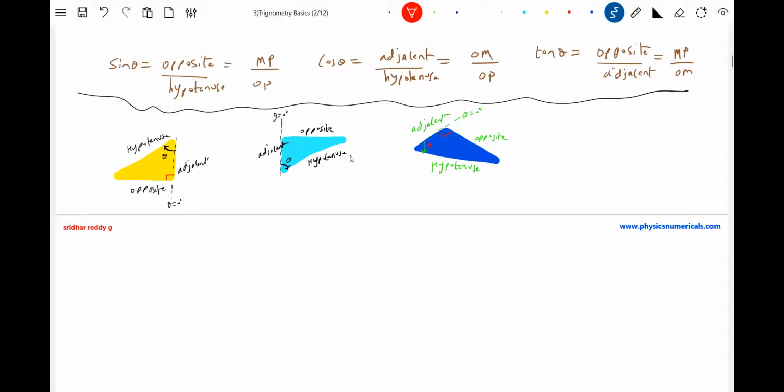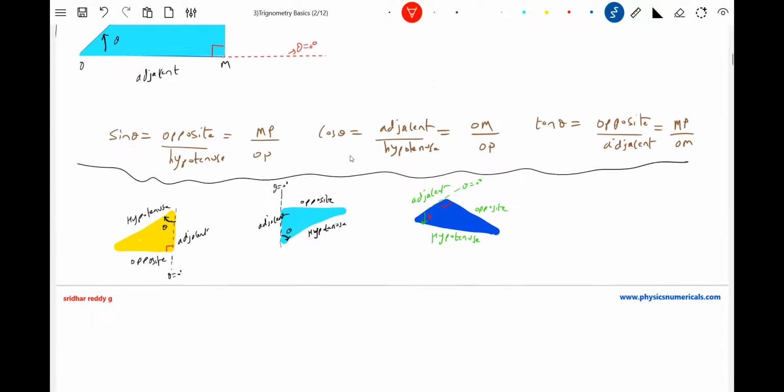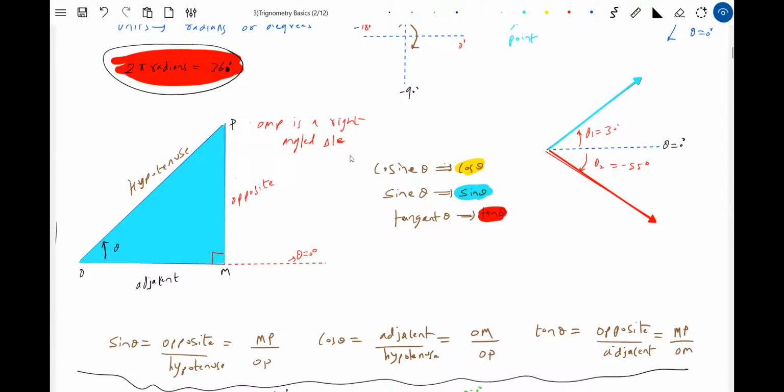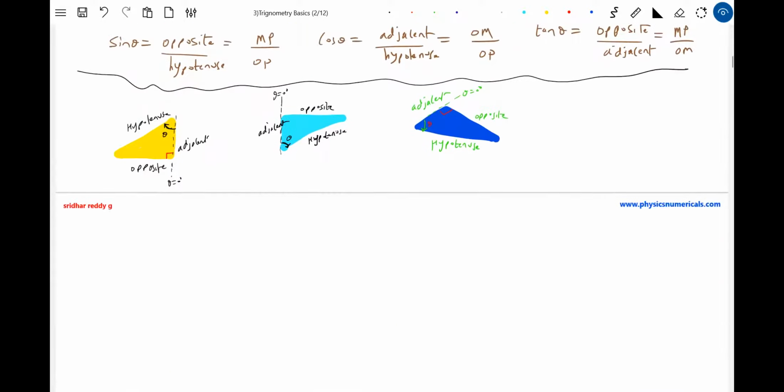So still, the meaning of sine theta: what actually is it? We know theta, but sine theta, you're writing MP by OP. Then how will the value of sine theta change? Is there any particular value? Because theta can vary. So if I change this theta to a varying theta, what will happen to the sides, to the triangle? All these questions are there. So here we'll try to analyze these things graphically, and I will try to help with a graph.